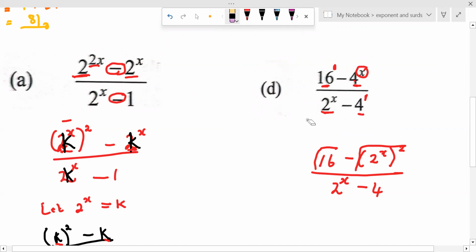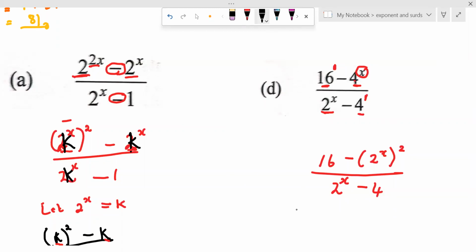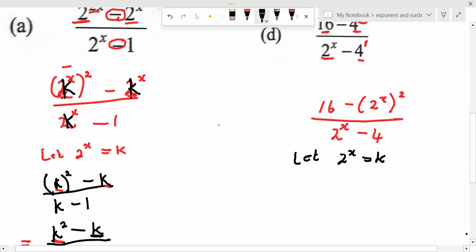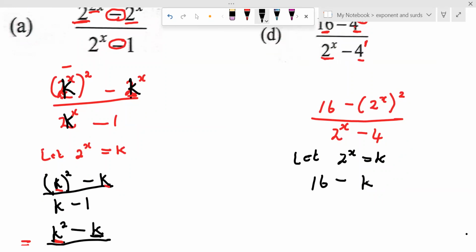Just to make it a little bit simple for ourselves, let's rather do it this way. Let 2 to the power of x be equal to k. Now, if we say let 2 to the power of x be equal to k, it means that now we will have 16 minus k squared all over k minus 4. Now, as we can see on the numerator, we have a perfect square